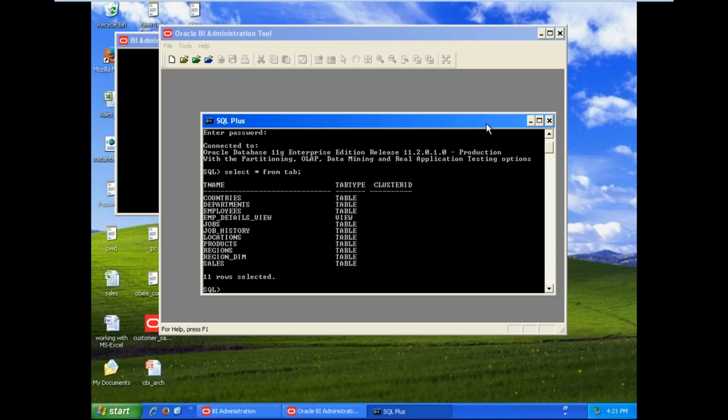If you are getting the required result from the respective tables, then you can start your work to design the models in the Oracle BI Administration Tool. Here we have a set of tables as well as views. Only one view is available here.